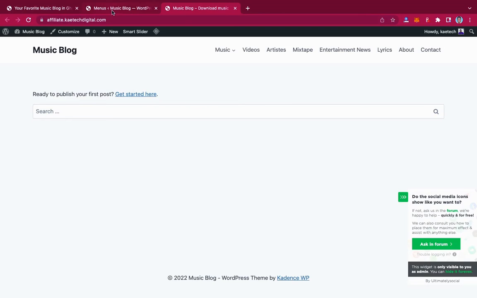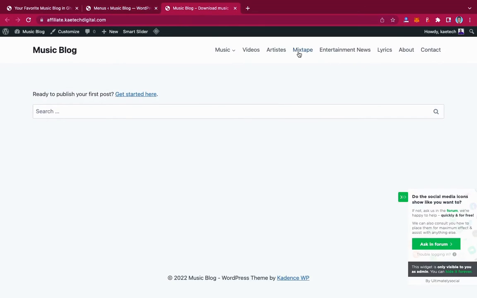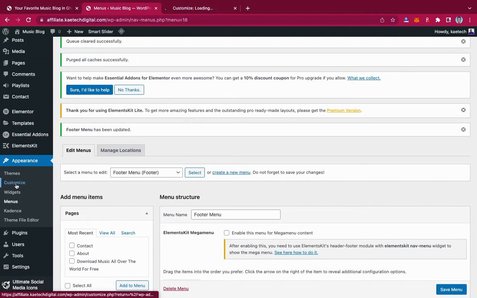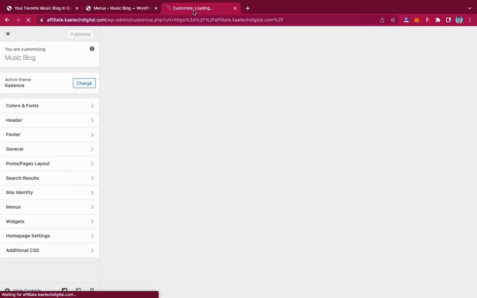Okay, so now what again do we have to do? Now we have to make sure that we design our header and then our footer. Okay, so what I'm going to do is I'm going to go to Customize over here. So click on Customize over here, or if you are over here, hover on Appearance. Okay, and under Appearance, we have Customize over here. Okay, so I'm going to use Customize to customize my header, and then my